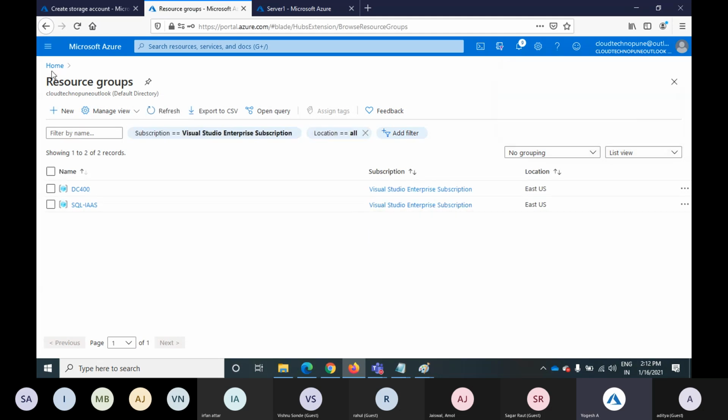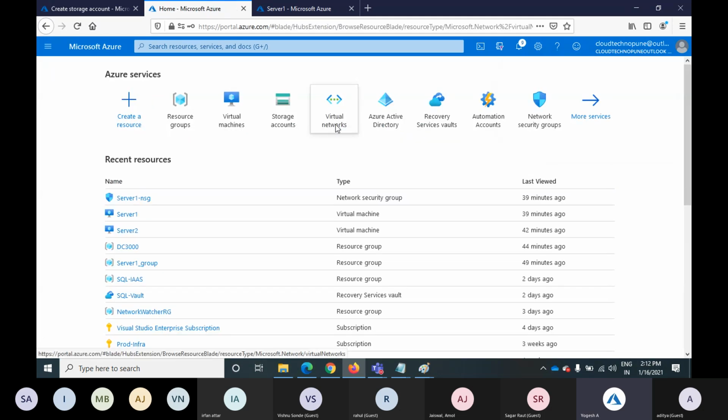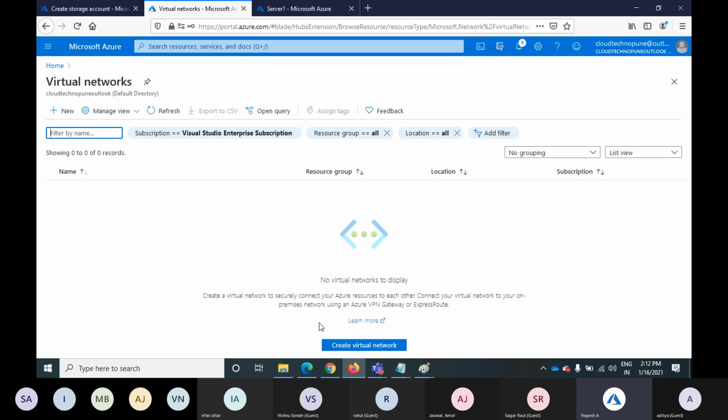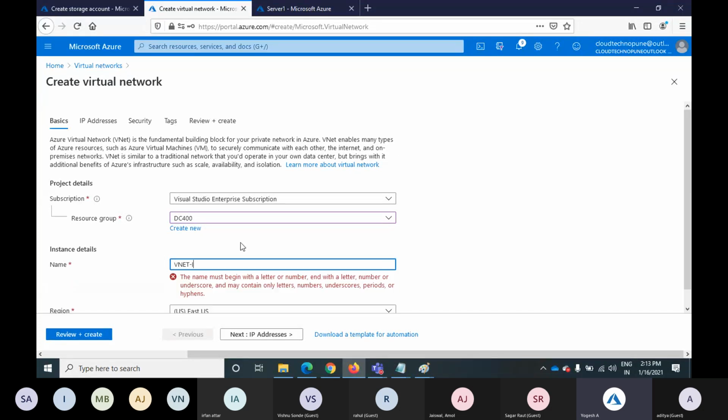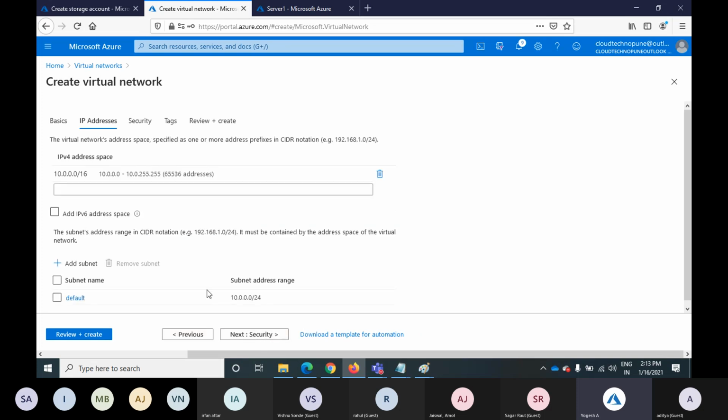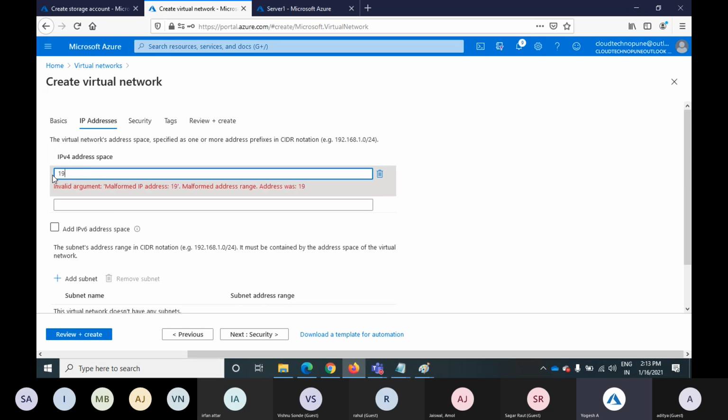Refresh. Okay, let's go into the home and create one virtual network. DC 400 virtual network. Let's see, VNet-IBM. Okay, East US. Next. Okay, see, this is the IP range. This is the network range which Microsoft is saying yes, you can create it, but I don't want that range, right? I need my own range,